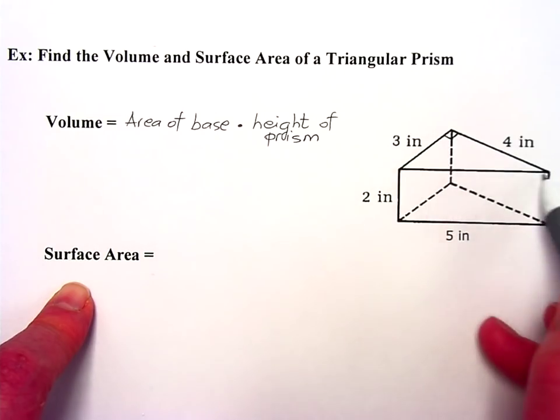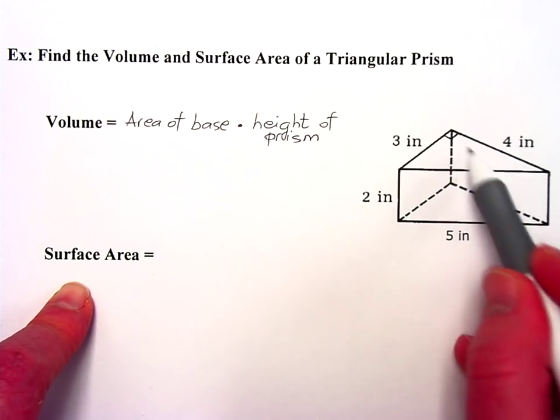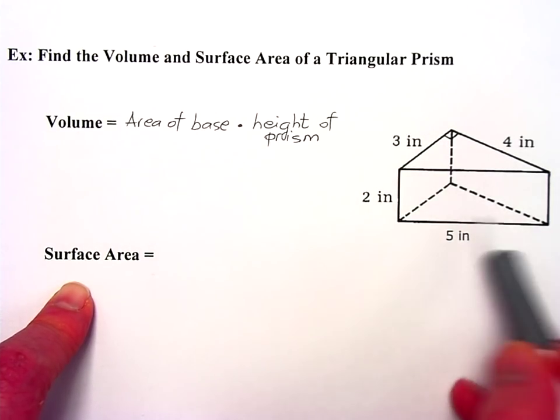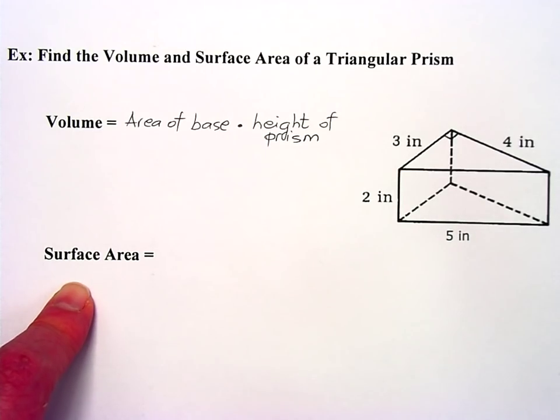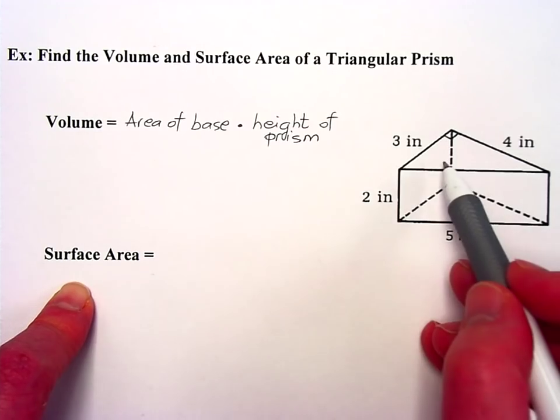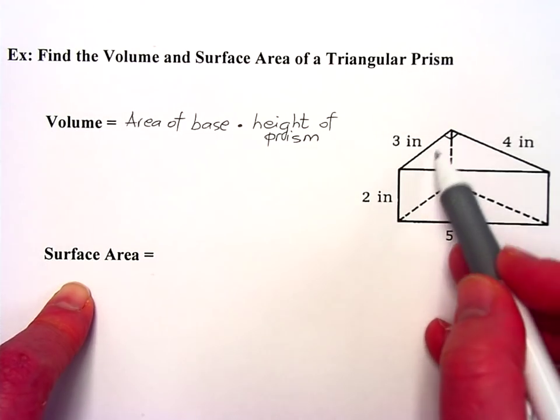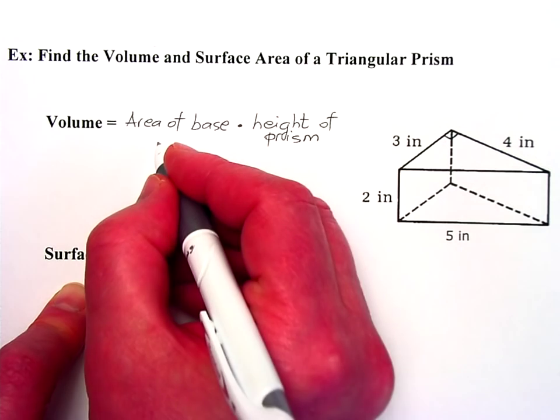And notice the top side here, that's a triangle. The bottom one is a triangle. They are equal and parallel to each other. So they are the bases. We need to find the area of one of those bases. So the area